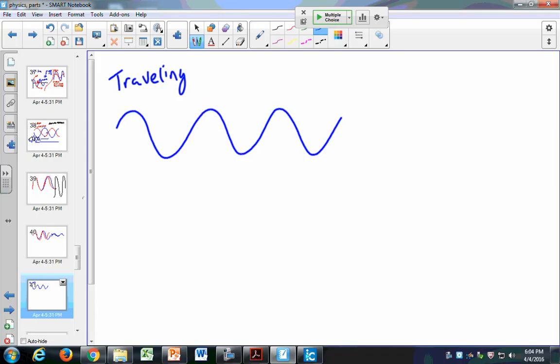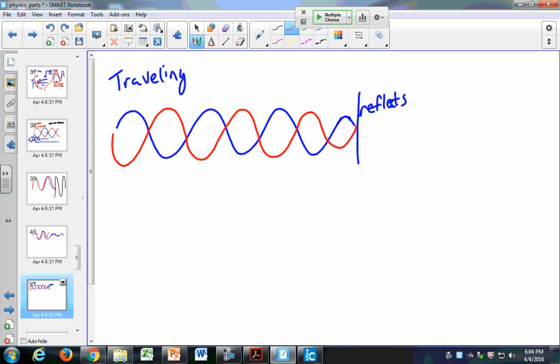A standing wave occurs when you say close off one end of the wave and the wave actually reflects back off of the surface, and it will actually start to bounce back. There's a picture of this in your book. The wave will bounce back. And when you get this, this is called a standing wave.